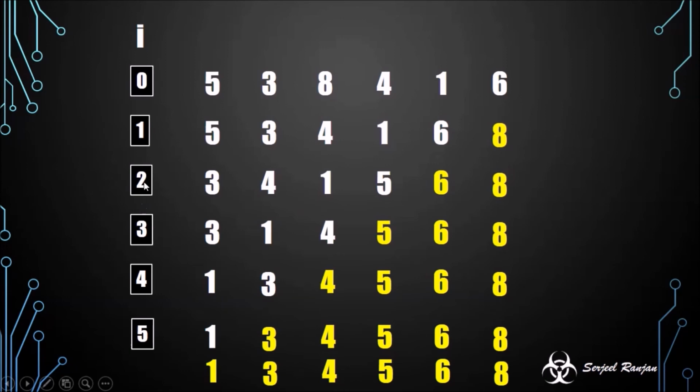One pattern you should observe here: when i is 1, the last one element is sorted and I don't need to check it. When i is 2, the last two elements are sorted and I don't need to check them. When i is 3, three elements are sorted and I don't need to check again if they are in correct order or not. For 4, four elements, and for 5, five elements are already sorted. So the way we can achieve this in the program, we can change the condition for the jth loop. I will show you.